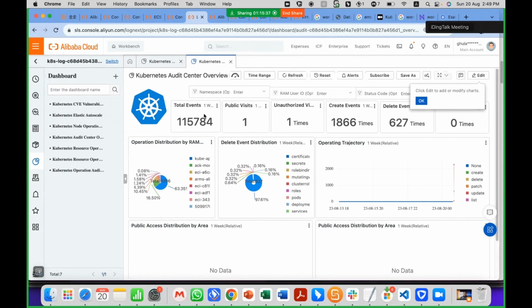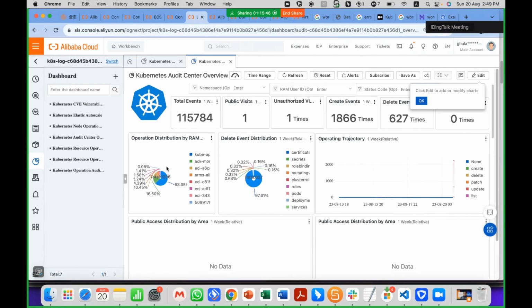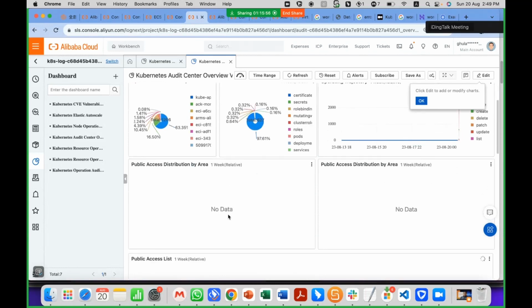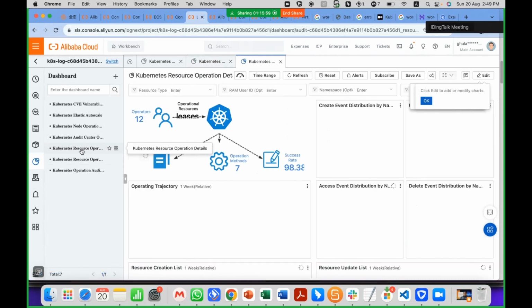How many total events have happened, public visits, unauthorized visits. So different types of options related to resources, the products which we have deployed, for certificates, for secrets, for services, deployment pods, and operation trajectory. Everything can be managed here. These are resource operations.